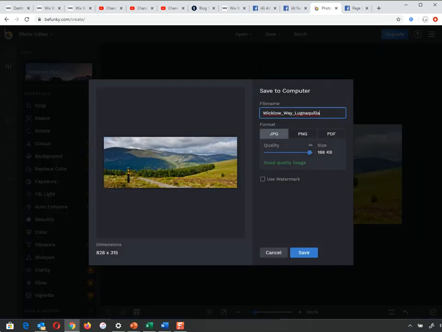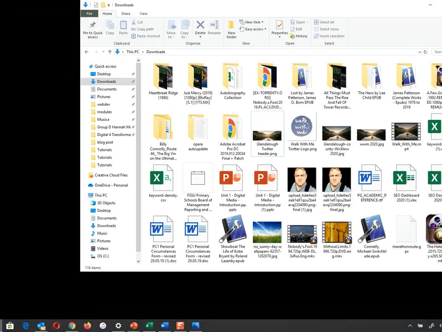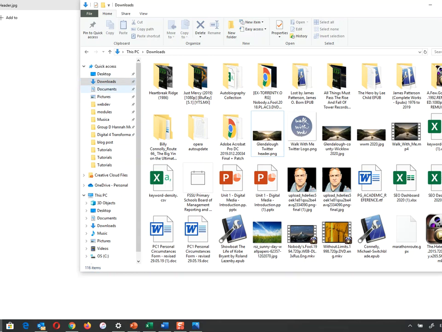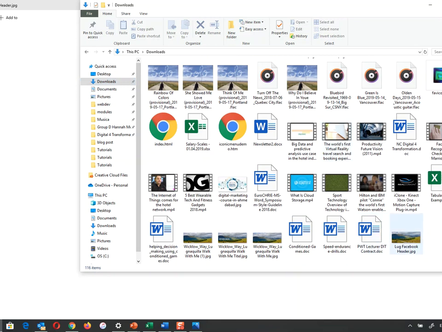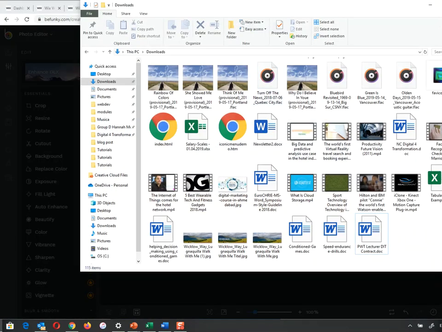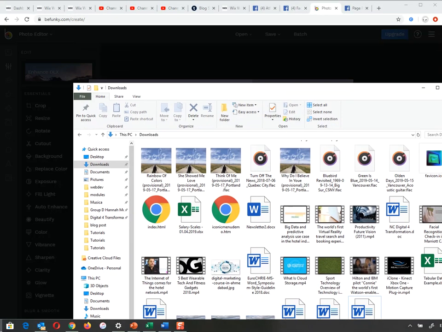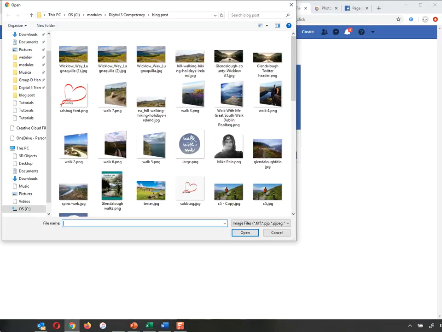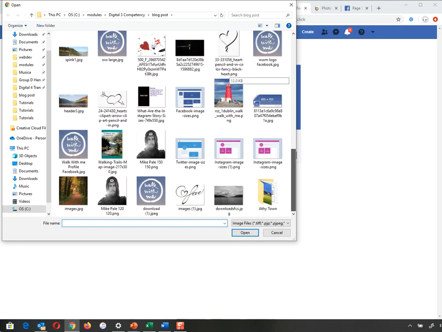I'm going to call it lug Facebook header. Okay, I'm going to save that. Now, as I saw before, this saves it into my downloads. So I'm going to just take that lug Facebook header and move it into my blog posts. Okay. Now, with that done, I've all my imagery sized. I'm happy enough. I'm going to go back into Facebook now and upload my cover photograph, which is called lug